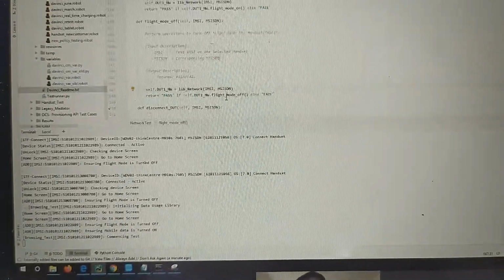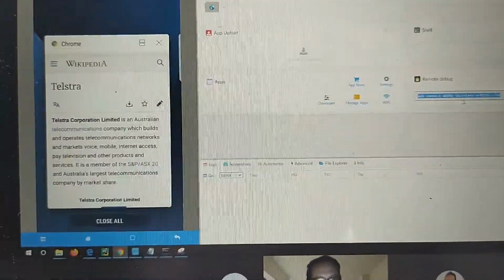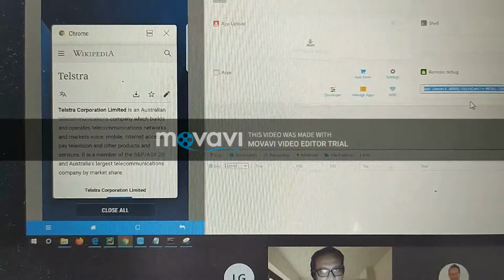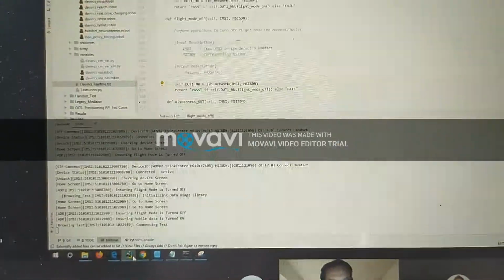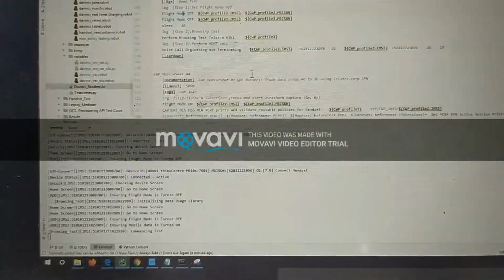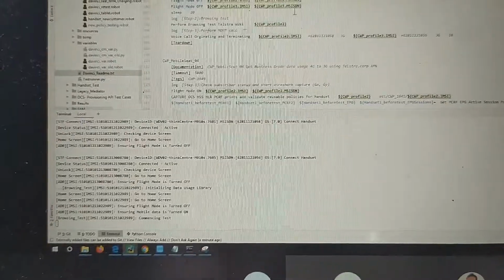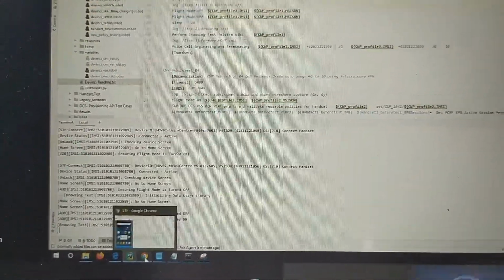Using that object, I will get a handle. Using that handle, I can execute these commands or many other required commands, like browsing, calling, sending SMS, MMS. Those commands you can execute using that handle. It is just trying to commence that test.